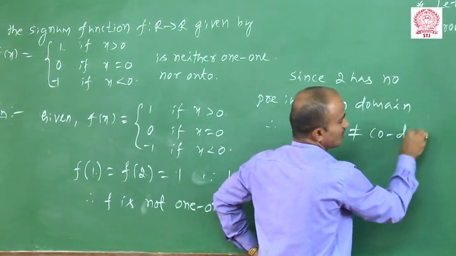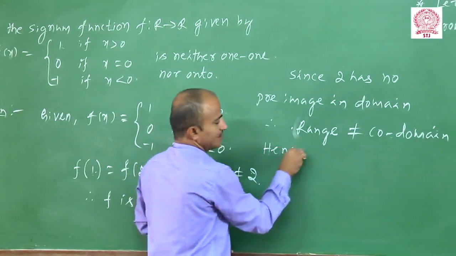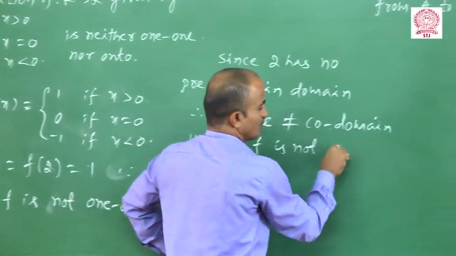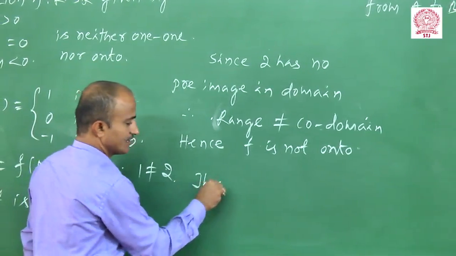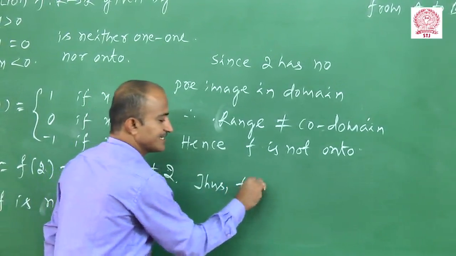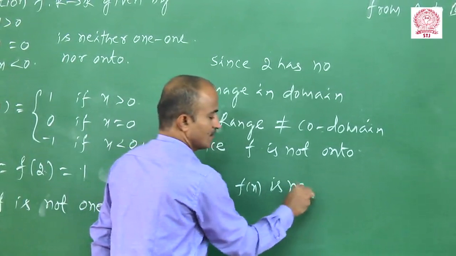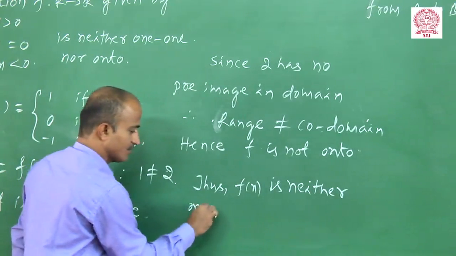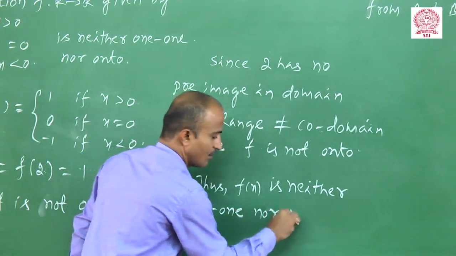Hence f is not onto. Thus f of x is neither 1 to 1 nor